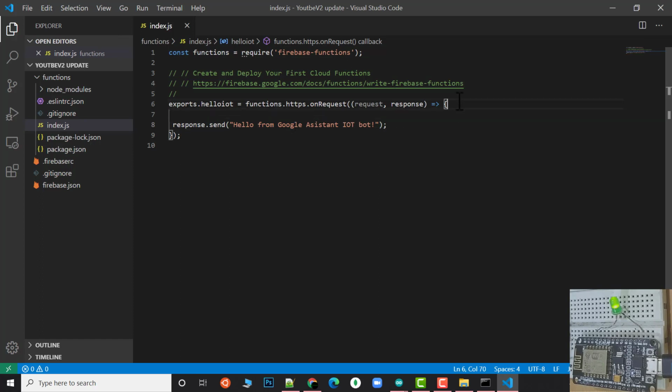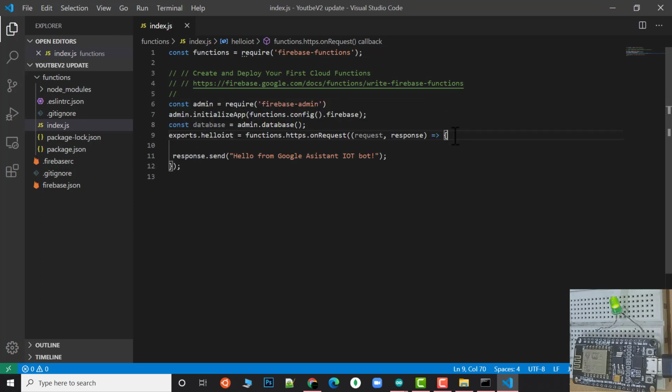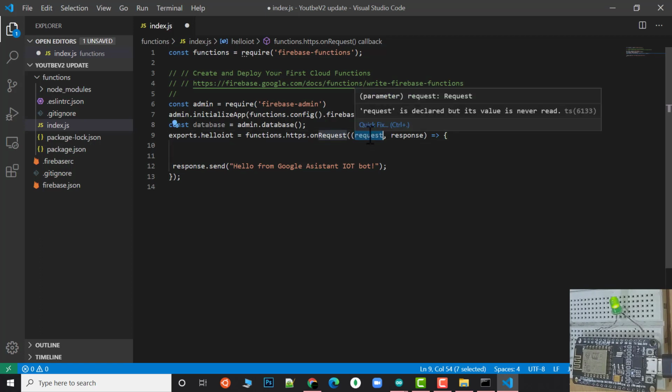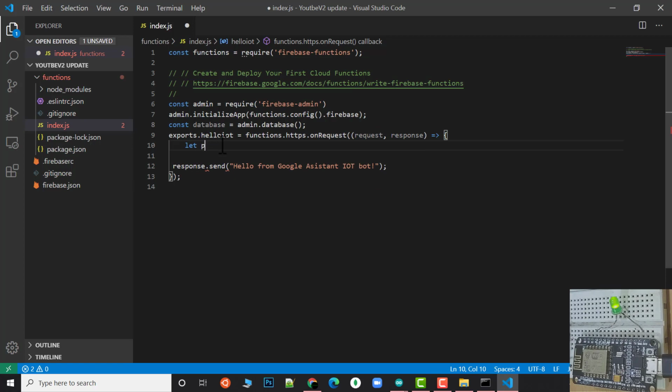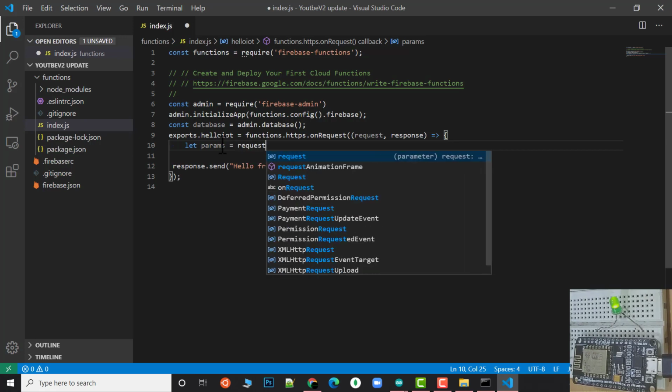The main thing we need to do over here. Let's do it. Here we have initialized our database object. Now from this request, as we already know, it will get the data when somebody hits this function. From that we need to get the params, and those params are the values which will be sent by our bot. So I'll make params equal to request dot,